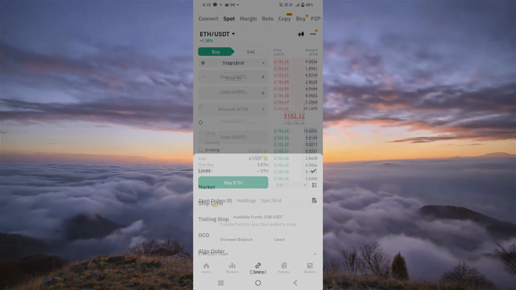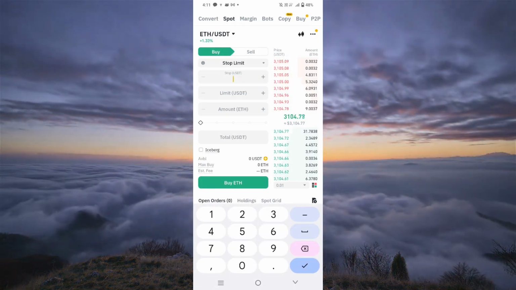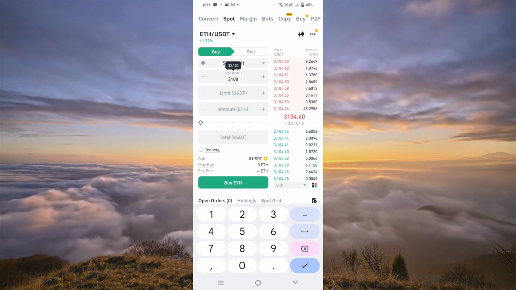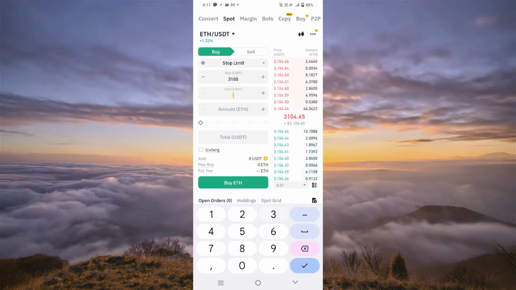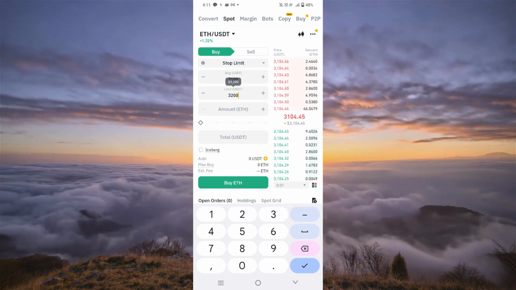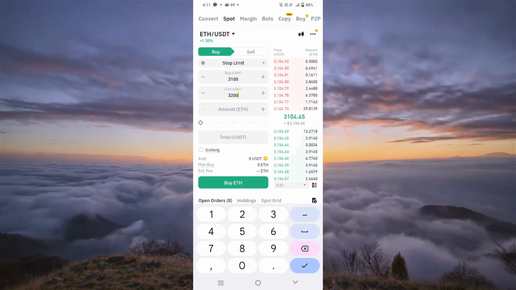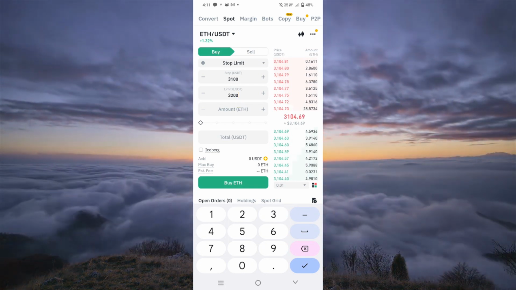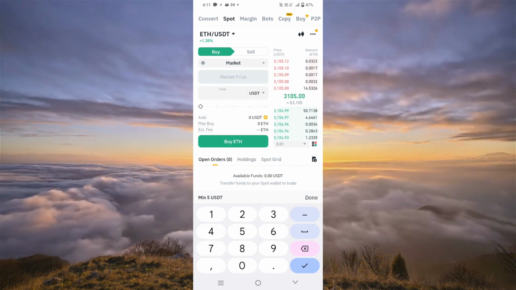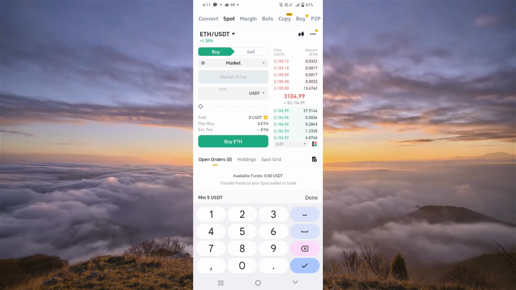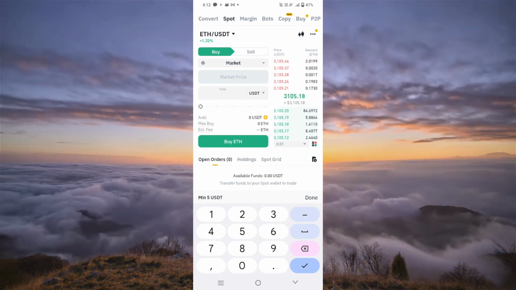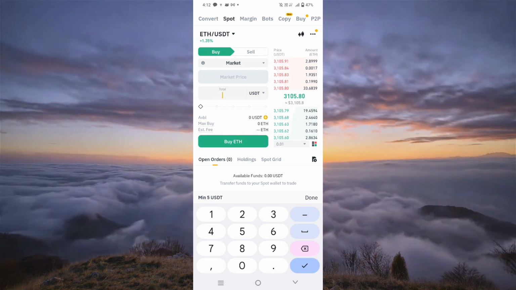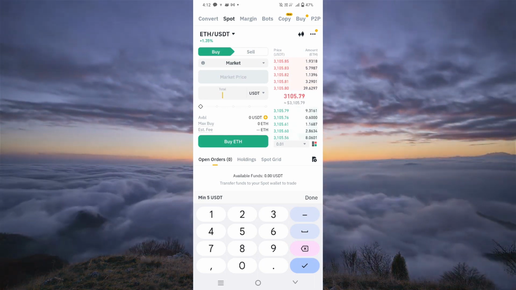But if we use a stop limit, you can set two amounts. For example, we buy in at 3.1 and we limit at say 3.2. And anywhere in between, the system will trigger on the best amount within those two prices. And we can also use the average market price for when we want to buy in USDT. And so those are a few ways on how to maximize our options when buying in